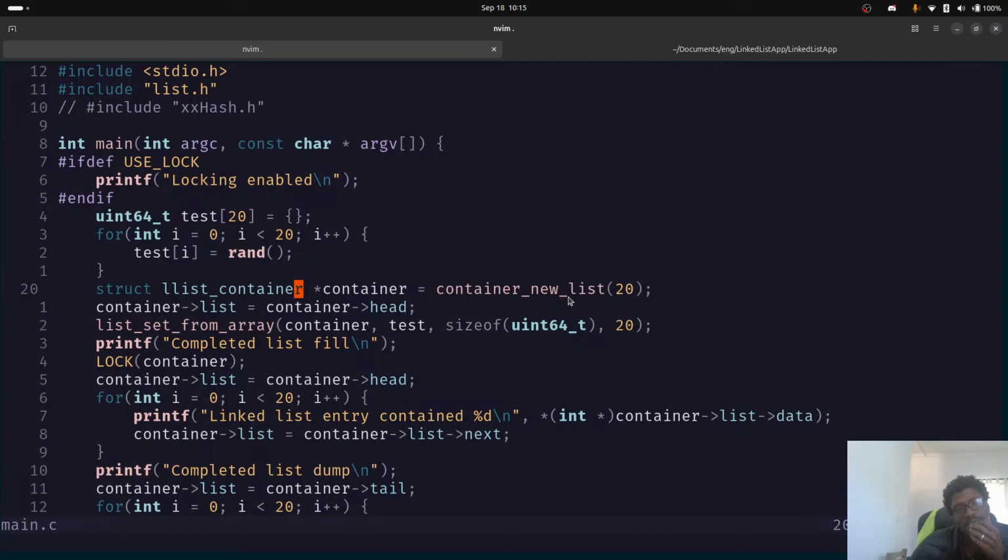Container new list 20. Why is this a pointer to this thing? Why is this a pointer to this thing? And why? Well, how are you going to use it later? Why is it an address of this function? Is it because